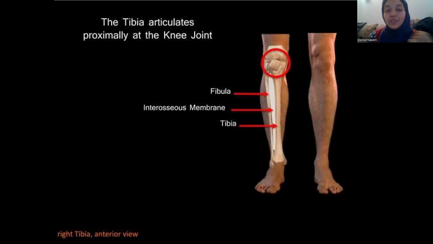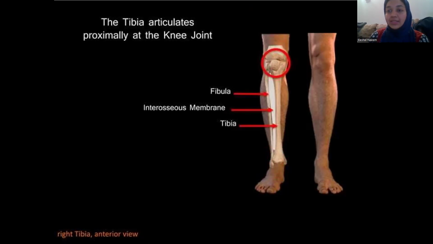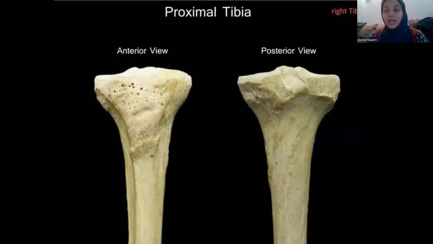Okay. So we've seen this before, that proximally there's a knee joint and distally there's the ankle joint. We have an interosseous membrane connecting the tibia to the fibula. And now to look at it in a little bit more depth. So looking at this in depth, we know that this is the anterior part of the tibia. This is the tibial tuberosity, and this is the posterior part. On the posterior side, you can see that there's a little bit of a concavity here, right?